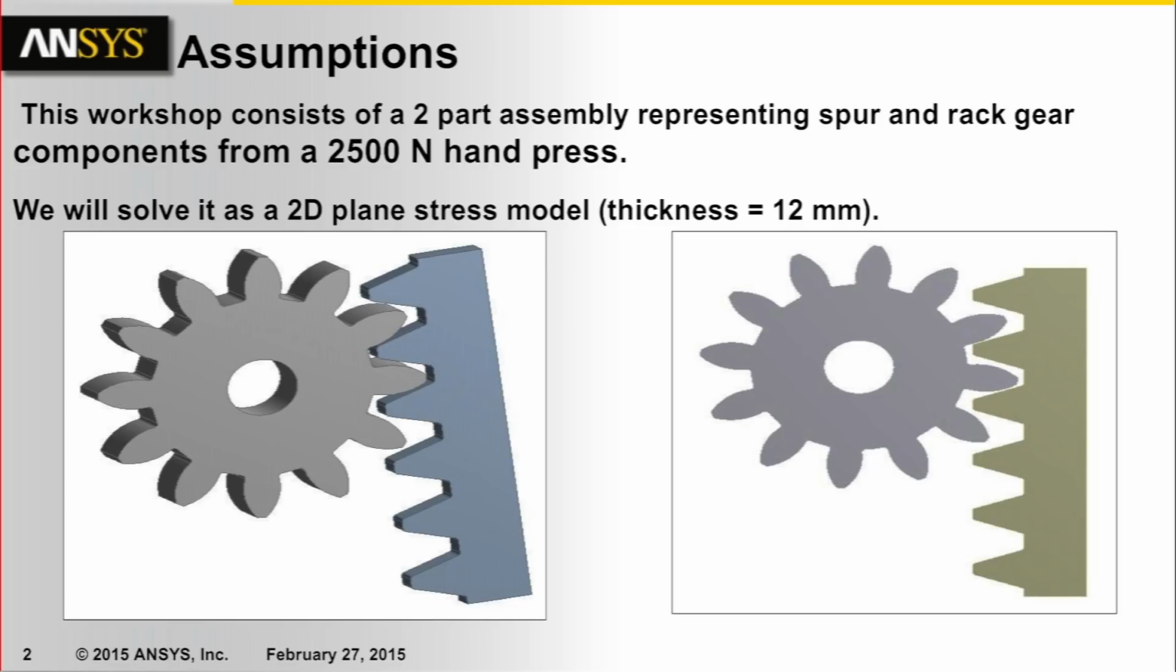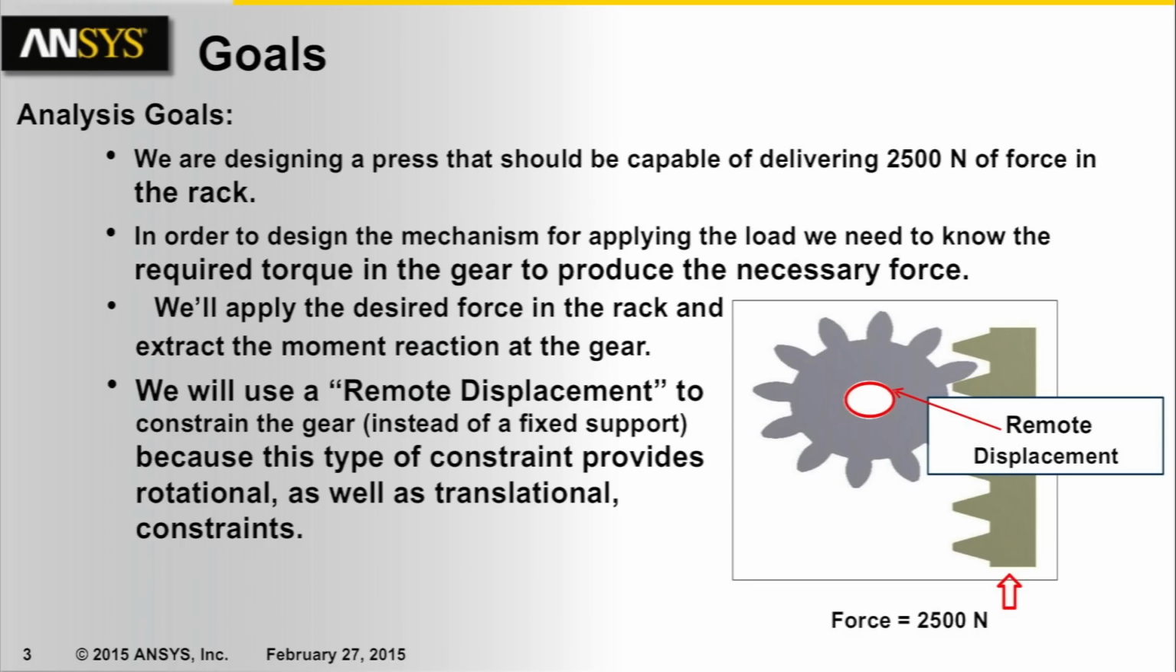We're going to be solving it in 2 dimensions, where our model is drawn in 2 dimensions and we specify a thickness in the 3rd dimension. What we want to do is design a press that's capable of delivering 2500 newtons of force in the rack. But in order to do this, we have to determine the required torque in the gear to produce that force. So we'll apply the desired force in the rack and extract the moment at the reaction gear. So we're basically doing this backwards. We know what we want to come out, and we'll determine what it takes in the gear torque-wise to get